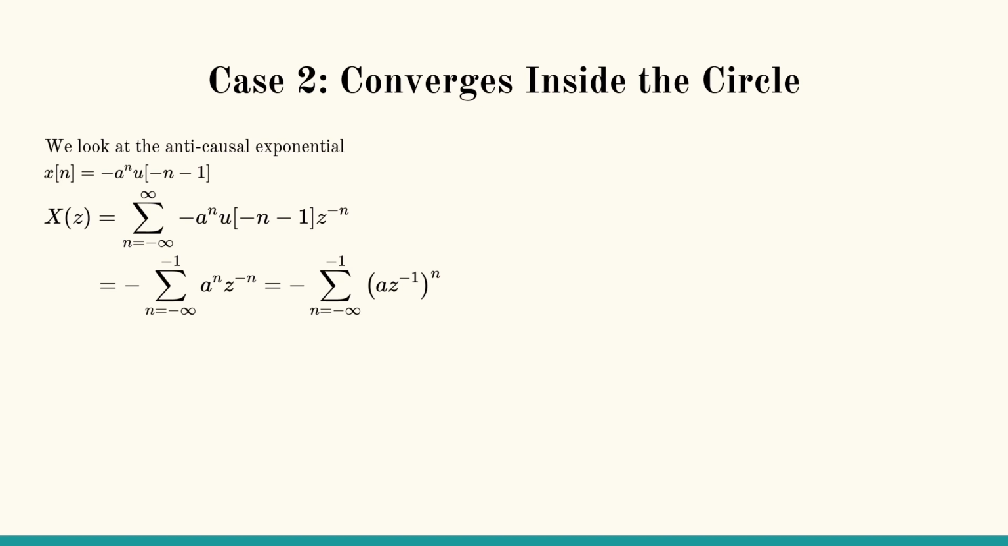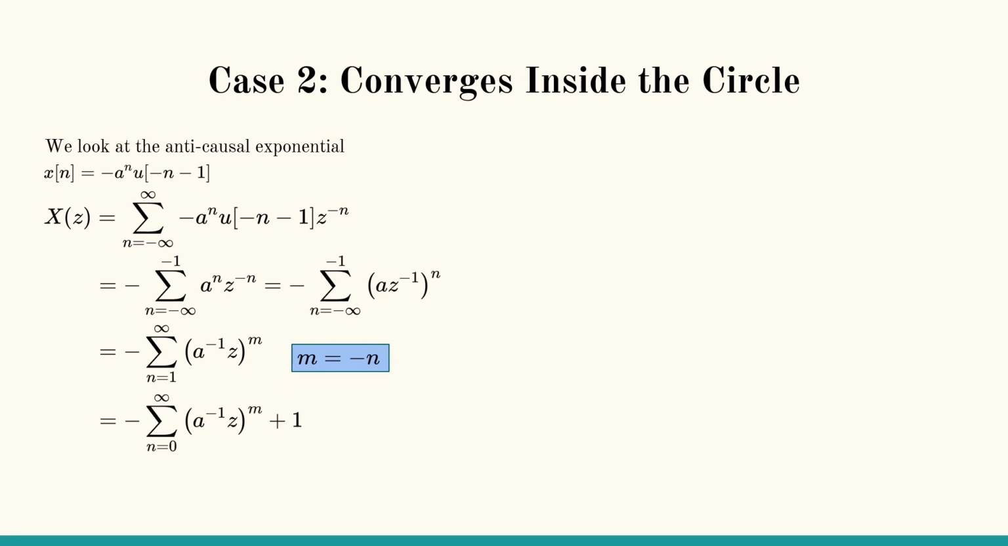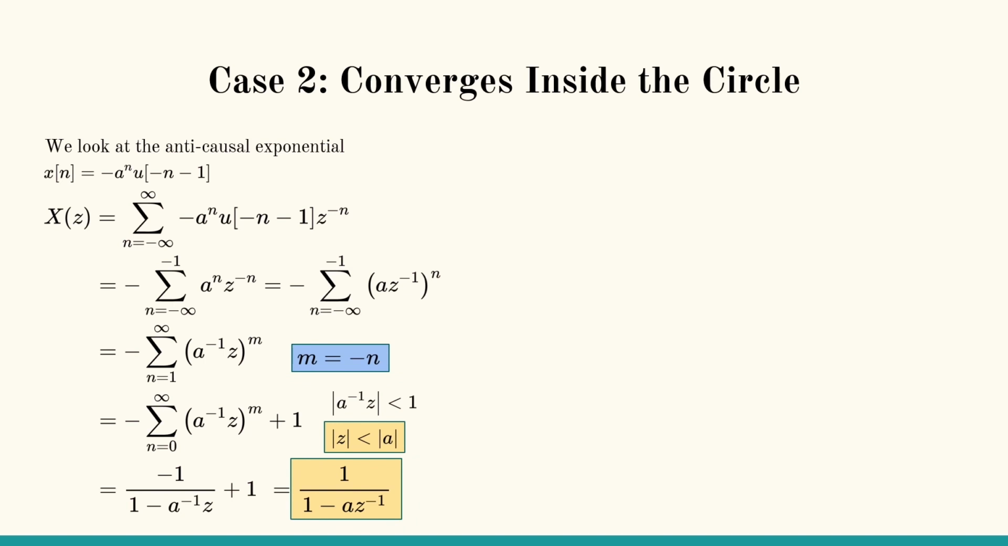To make the bounds equal, we can apply a simple variable change to get it from 1 to infinity, and subtracting out the n equals 0 term, we can get it into the correct form. Now, applying the restriction of A inverse Z less than 1, we can use the closed form expression and find the Z transform is equal to 1 over 1 minus A times Z inverse, which is only applicable for Z